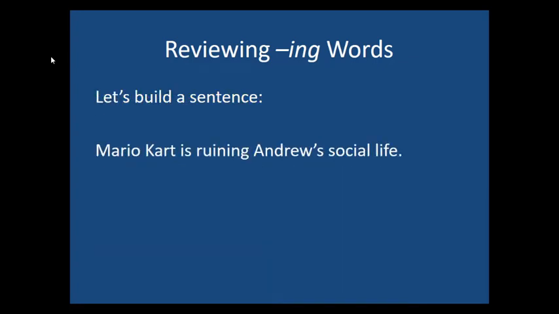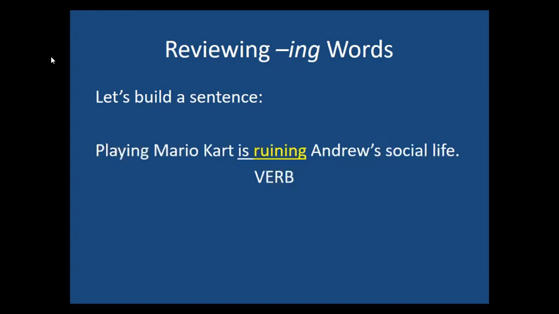All right, so let's take a sentence. I'm going to build off my first period class. So I'm going to say Mario Kart is ruining Andrew's social life. Sorry, Andrew. And so we will recognize that here's this ing, ruining, but this would be a verb because it has a to be verb with it. So, is ruining. If I change this and said playing Mario Kart is ruining Andrew's social life, well, then I want to recognize that playing Mario Kart is the subject, which is a noun position. And therefore, playing is now the gerund because he's doing a noun job. Playing Mario Kart. It's serving as the subject. So it's a noun job. So that ing is a subject. He's a gerund. And then ruining is the verb.